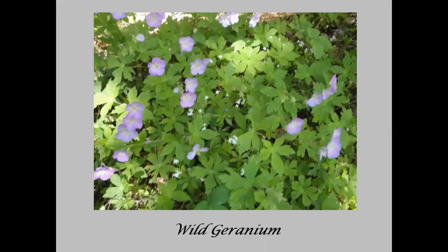Now, I'm sure you have seen these wild geraniums. They tend to grow in especially morning sun, so you'll find them along the edges of the woods. And I want to point out here,